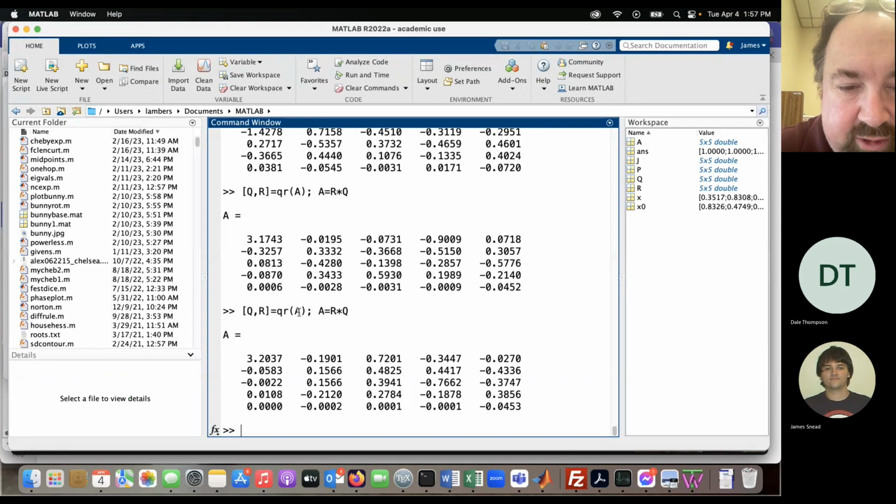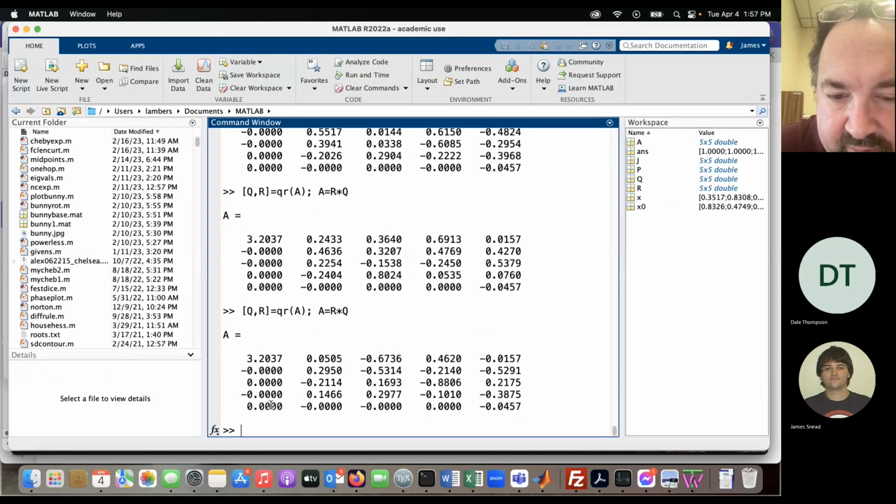Let's see what happens. Notice we're starting to get some small entries below the diagonal. I notice the rest of this column is all 0. Having a hard time getting any other